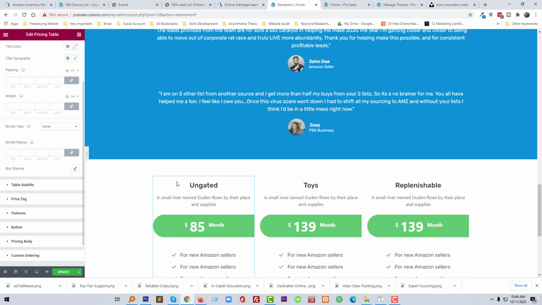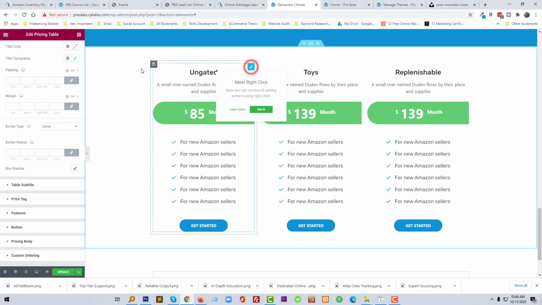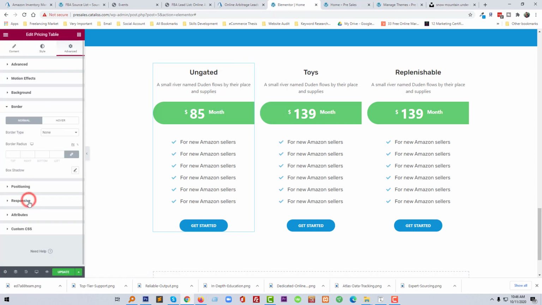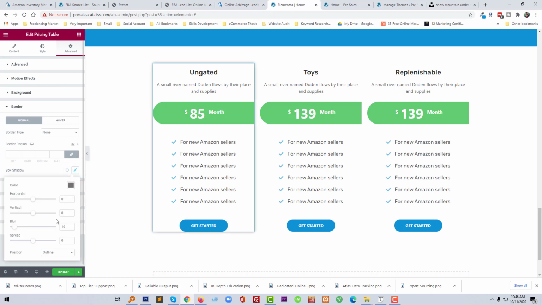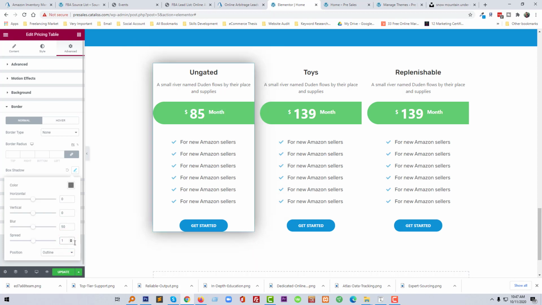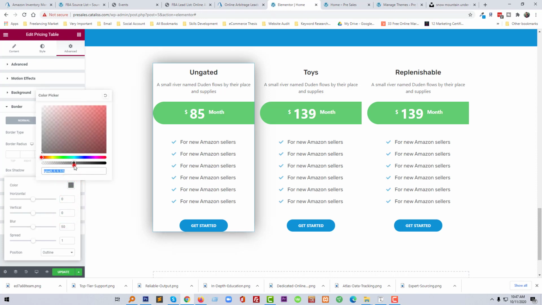no, not right here. Border, box shadow, space 50, five or 1, zero, then 0, and